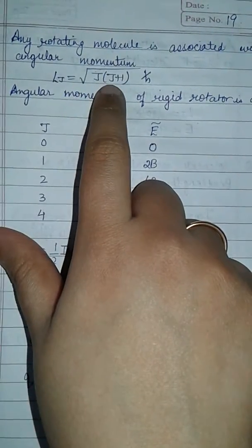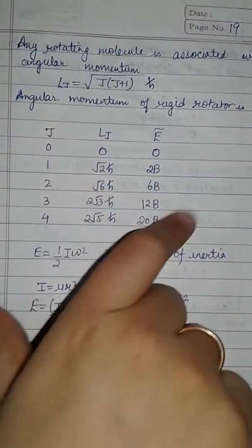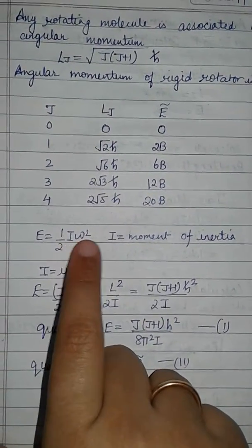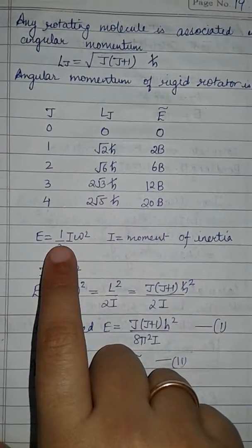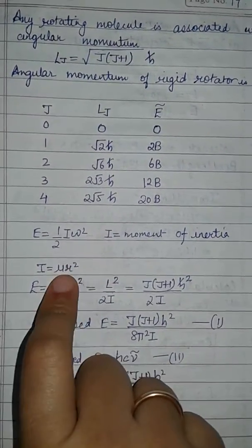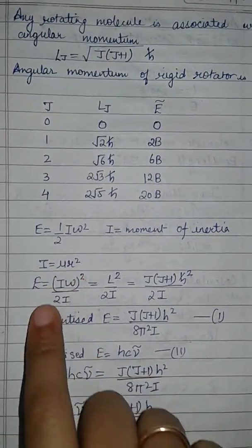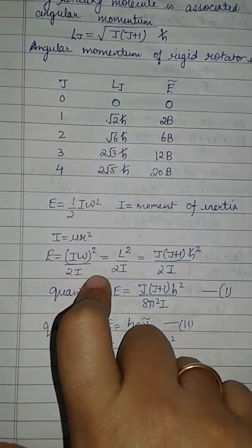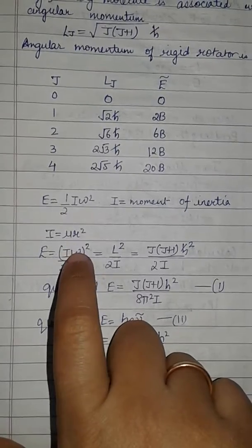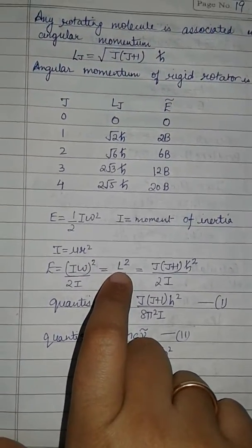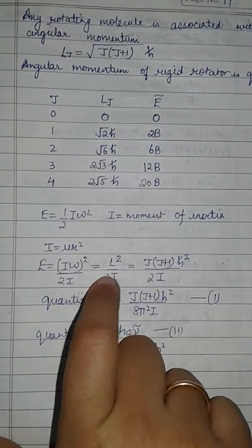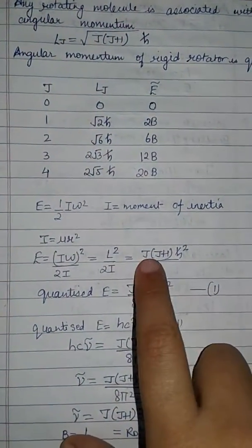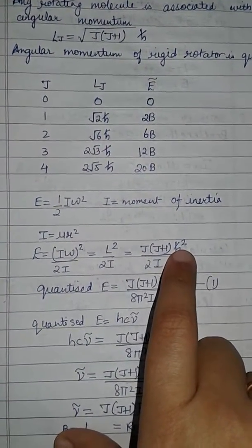Energy is equal to J into J plus 1 B. So we'll get these values. Now we know that energy is equal to half I omega square, where I is the moment of inertia and omega is the angular frequency, and I is equal to mu r square. So we can write this energy as I omega whole square upon 2I. So I omega is angular momentum L, so L square upon 2I. So putting the value of L, we'll get J into J plus 1 H cross whole square